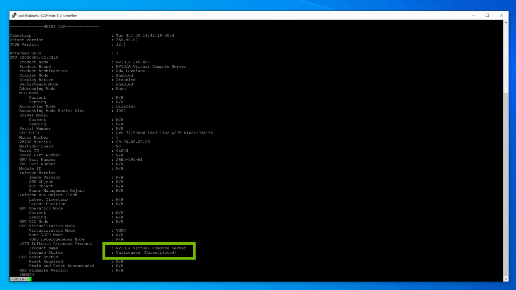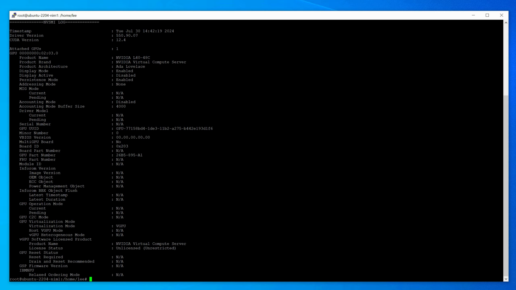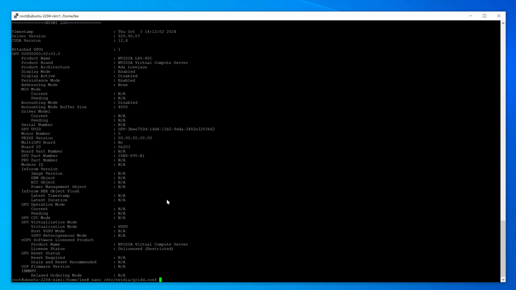So it's reporting that we have NVIDIA Virtual Compute Server, so NVIDIA AI Enterprise essentially, but it's saying license status unlicensed. So let's go ahead and rectify that. Before we go any further, I just want to point out there is a file in the /etc/nvidia directory called gridd.conf. You might be familiar with this file if you're moving from an older version of vGPU, but